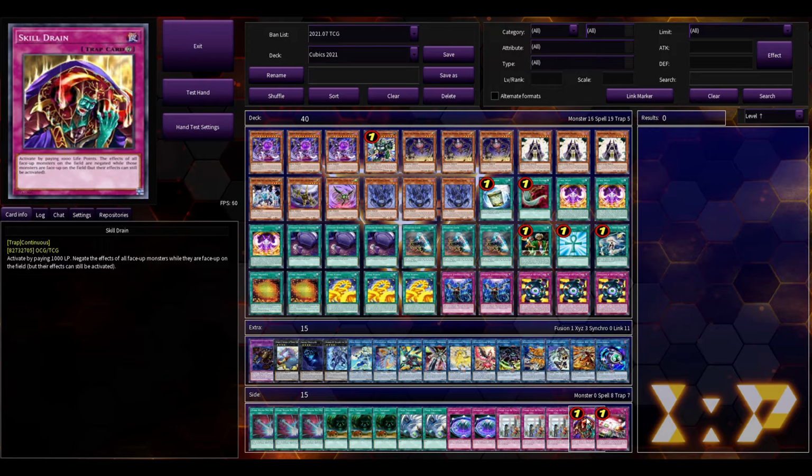Now, going on to the side deck, something that we did do here was add the 1 copy of Skill Drain. Now, Skill Drain is a card I wouldn't necessarily throw into the main deck in every single matchup. It would have to be a very specific one that I feel like it would give me an advantage to win. Because you have to remember, we still do use a lot of monster effects in this deck, but the main reason we have this in here, in case there is a deck we're playing where we cannot beat it and its monster's effects are that problematic for us that we just want to shut off everything,